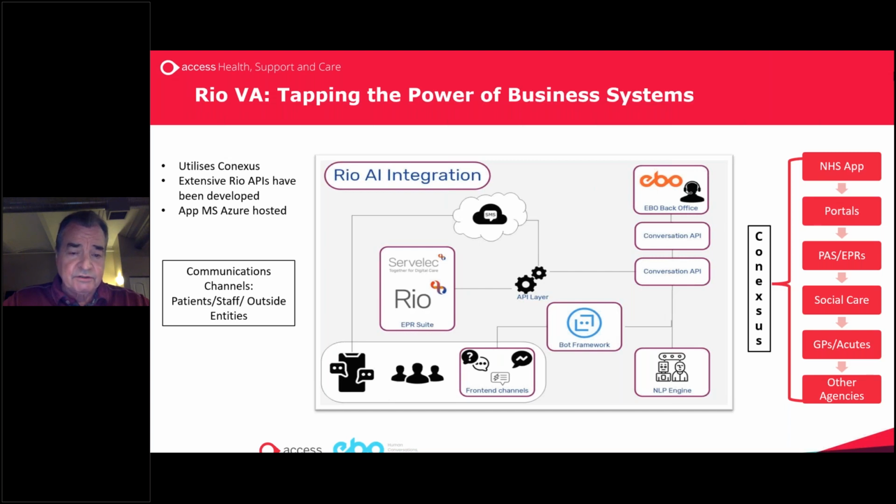Access itself has a very large presence in social care, GP systems, and other agencies throughout. But the beauty of this is that we can go out and with the patients, they can book and change appointments and update that information back into the EPR system itself, as well as collecting key assessment information, consent forms, questionnaires, PROMs and PREMs, et cetera, and being able to update that information into the EPR. So that way, for the staff and clinicians, they have a single source of data and trusted data within the EPR system itself, which is well secured.